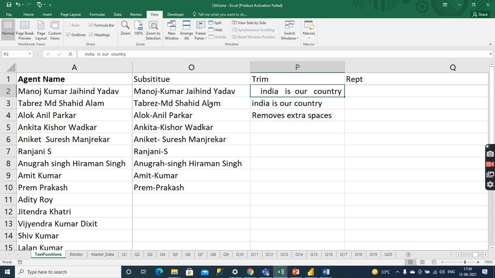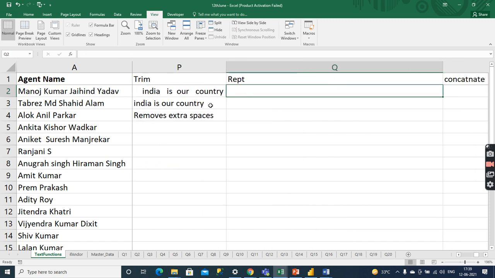Whenever you have more than one space, extra spaces means the spaces that are not required but are in our data. Will it check all the names in that column and remove the spaces? Yes. You apply it in front of this and drag the formula.